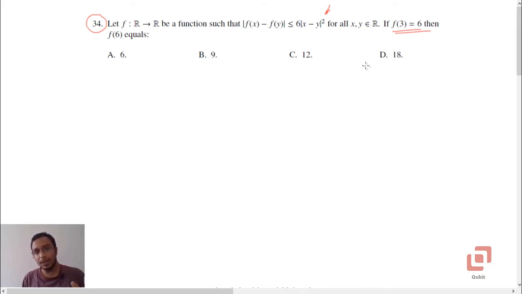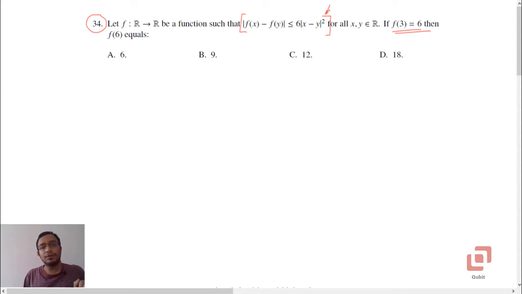Now note that apart from the fact that this inequality holds for all x and y, we know nothing regarding f, right? We don't know whether it is a constant function, an identity function, exponential, logarithmic, trigonometric, nothing. But what we recall is that we have f of x minus f of y appearing in the definition of the derivative's numerator: limit as h tends to 0, f of x plus h minus f of x upon h. So if that is true, we can start thinking to solve this problem along those lines.